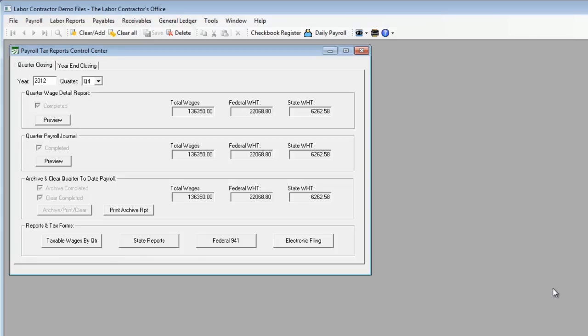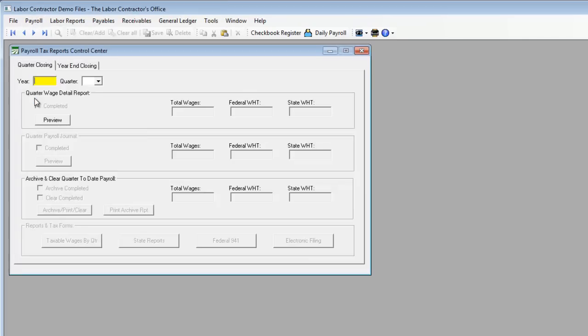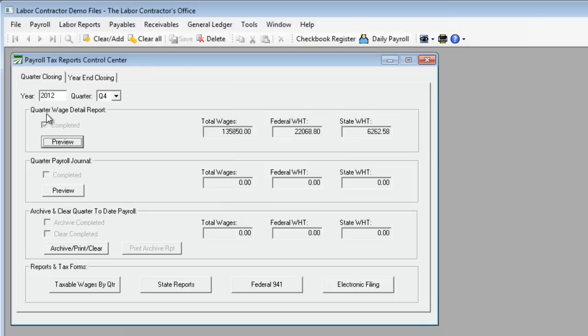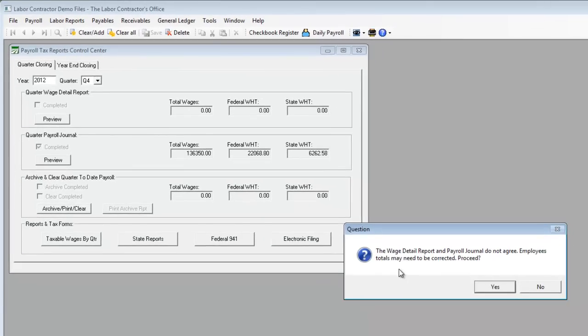So we're going to switch over to another set of files now where we have introduced an error so that you can see what happens. We'll go to the Payroll Tax Reports Center again, enter the year and the quarter, and then we will click on Preview for the Wage Detail Report, and then we will click on Preview for the Payroll Journal. You'll notice that this prompt comes up. The Wage Detail Report and the Payroll Journal do not agree. Employee totals may need to be corrected, and it asks if you want to proceed. So we click Yes,